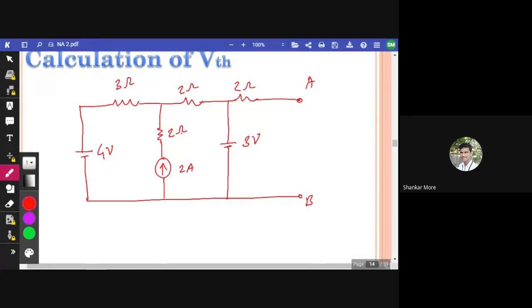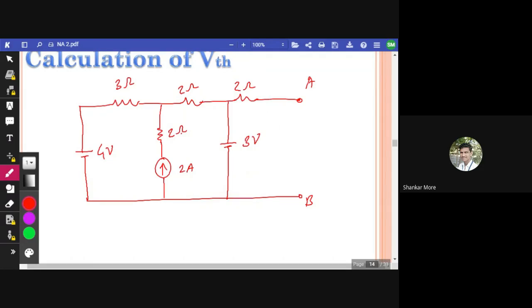Okay, Srishti says 3 volt. Anyone else? So yeah, obviously it is 3 volt. How is it 3 volt? See guys, this is an open branch. Now we have removed resistance RL, so that's why this is an open branch, and the current flowing through this branch